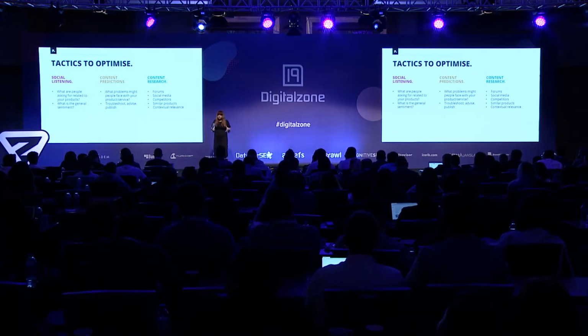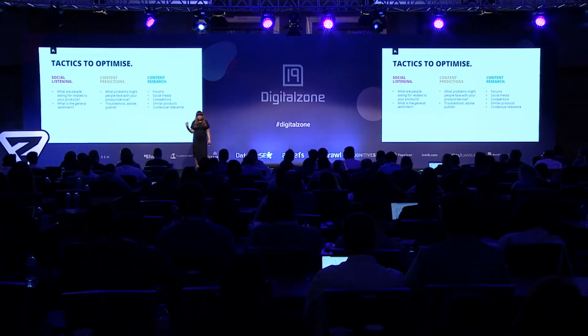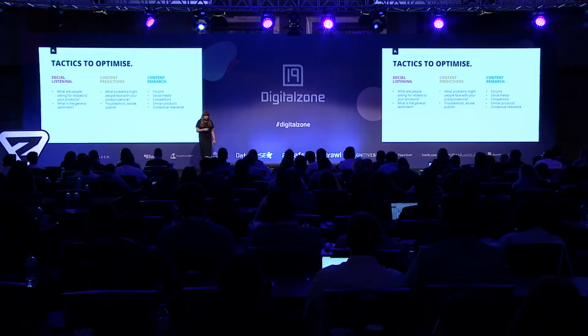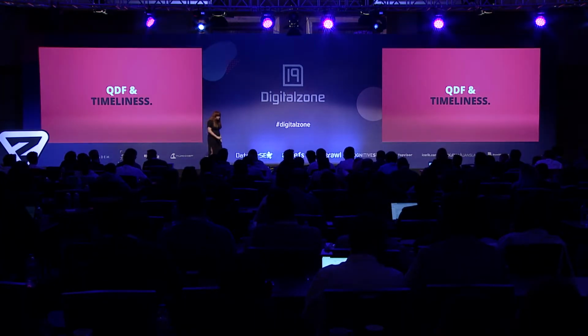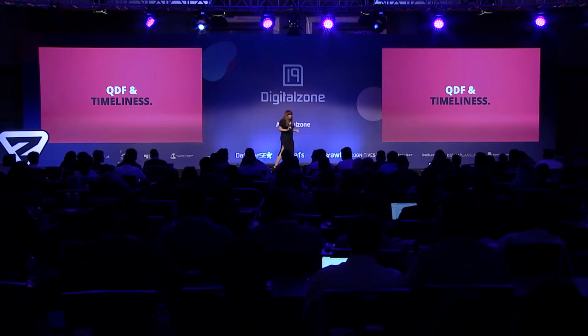And that pulls for us information about what they've written about the topic, what we should be writing about the topic. If you do that to forums, like, do you have Quora? If you do it to Quora, what you could do is you can actually search every question that's come up about a particular product on Quora and know that you should be ranking for that organically and start producing that content accordingly. So then, moving on to just talk about QDF and timeliness. So QDF, I realize that acronyms might not translate.